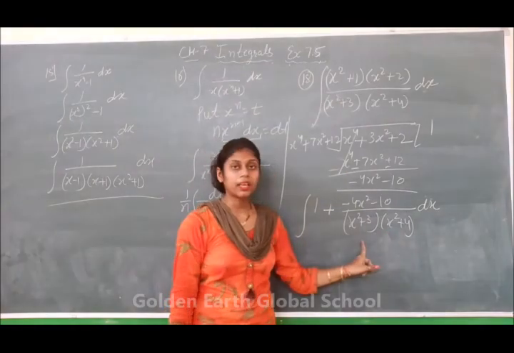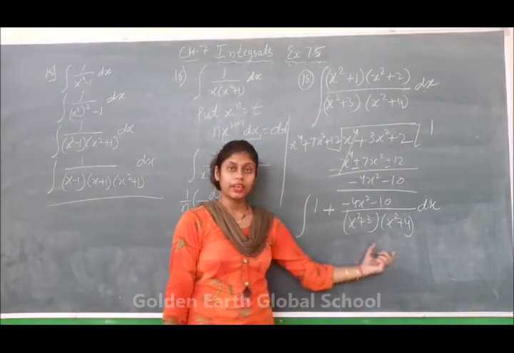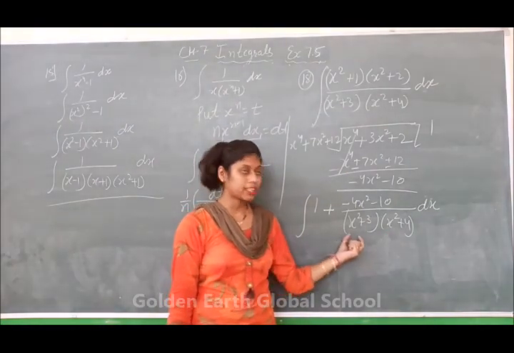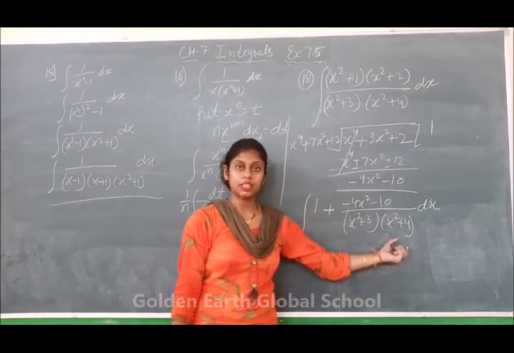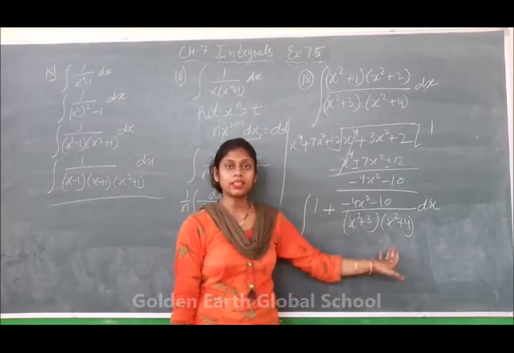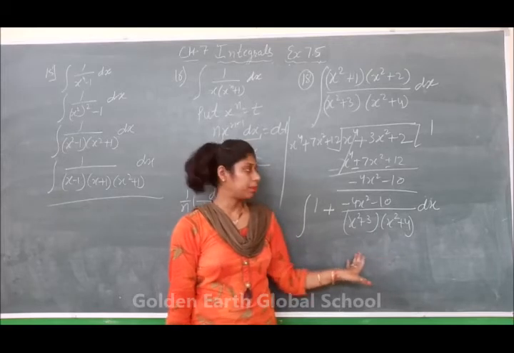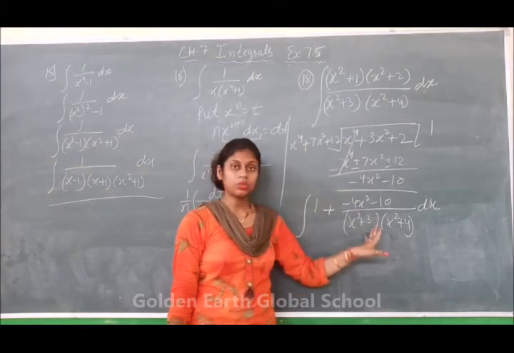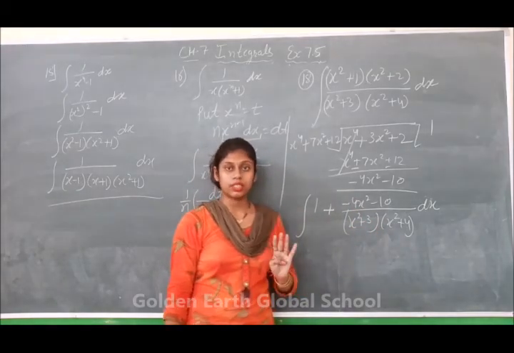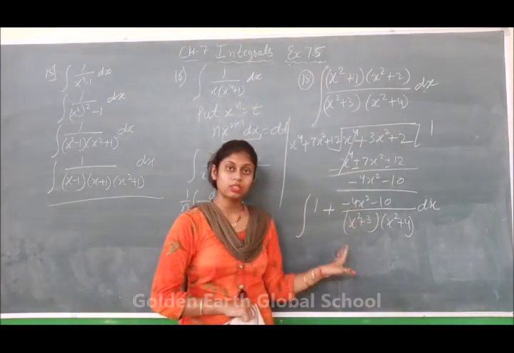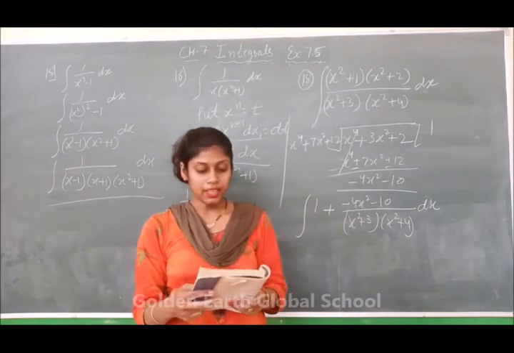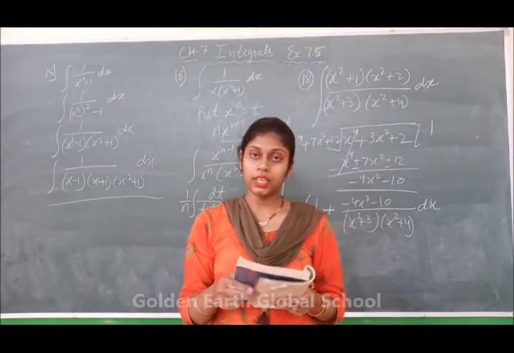Here we have to apply partial fraction. This is the quadratic term. Again we have to apply ax plus b and cx plus d. There are 4 constants a, b and c, d. We have to find them by putting x equal to any values. There will be 4 equations, so you have to solve them. Next, 19th and 20th are again the same.